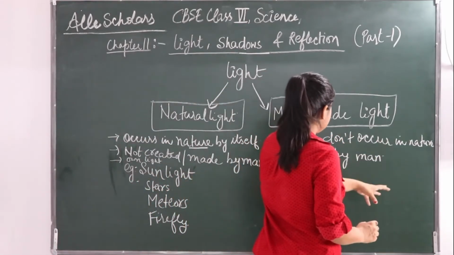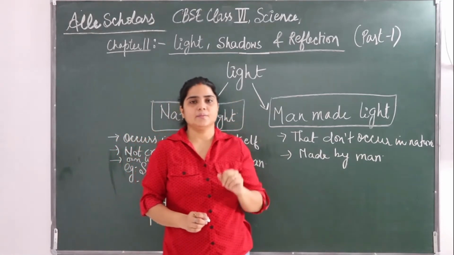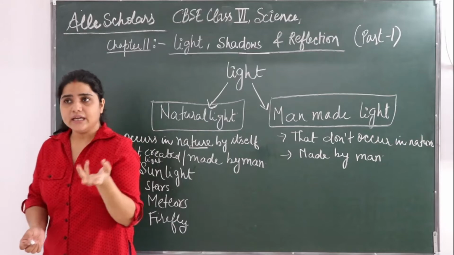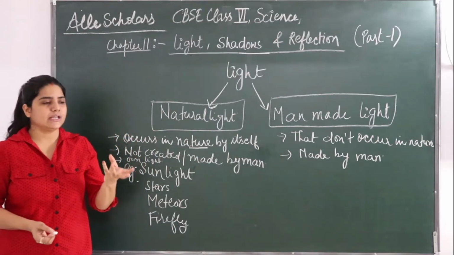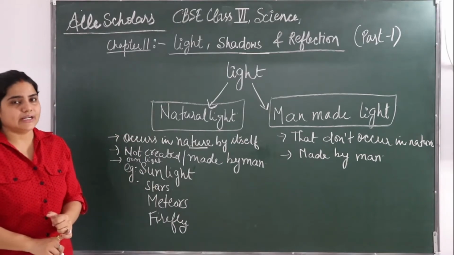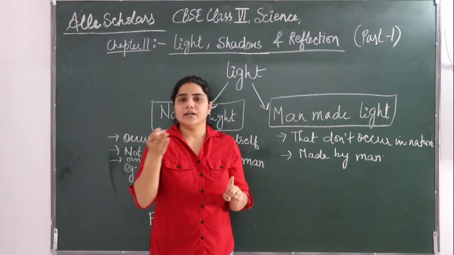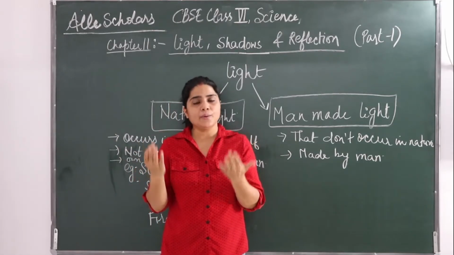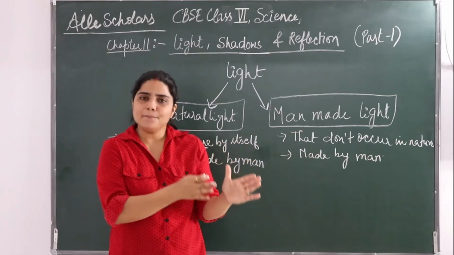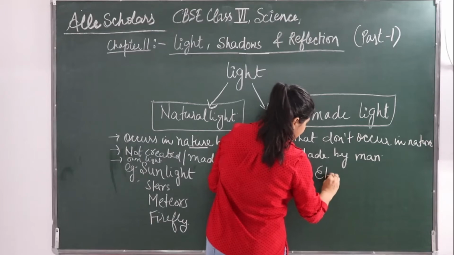Now some things do not occur in nature, they are made by man. So, the electric bulb. If you talk about the electric bulb, it gives light. Obviously, we used to study and see using an electric bulb. It has light, but that light is not natural light. It was a person, a scientist, who invented the bulb. So it is man-made. So the example is the electric bulb,